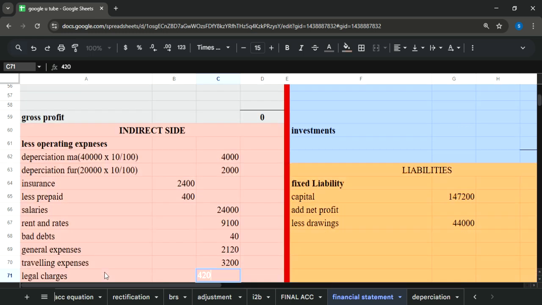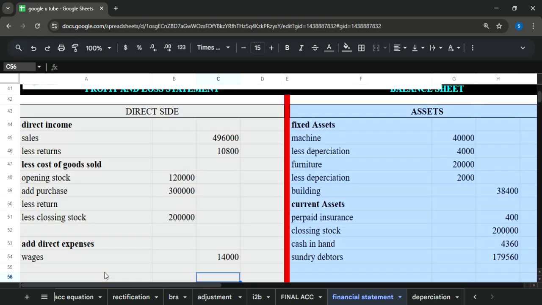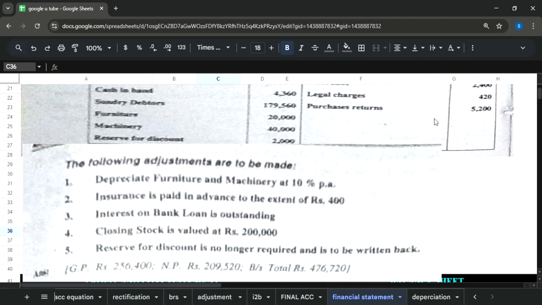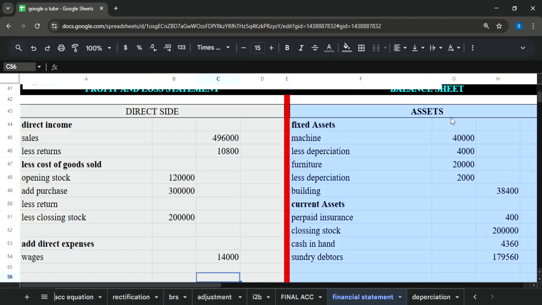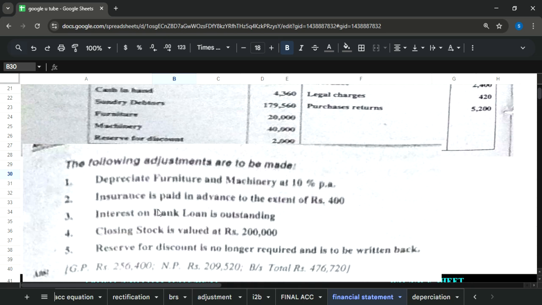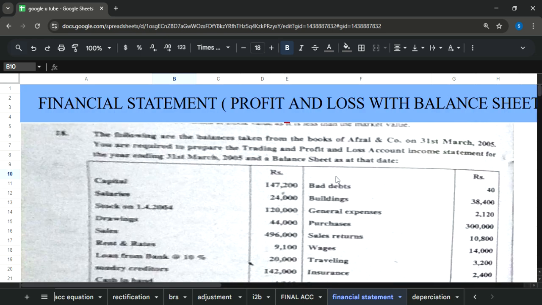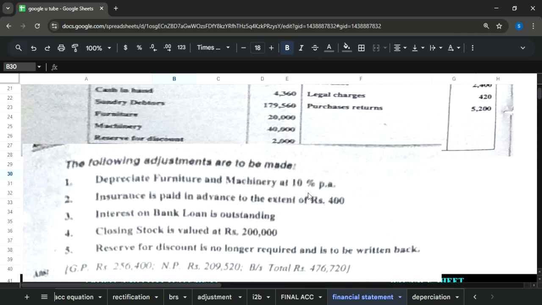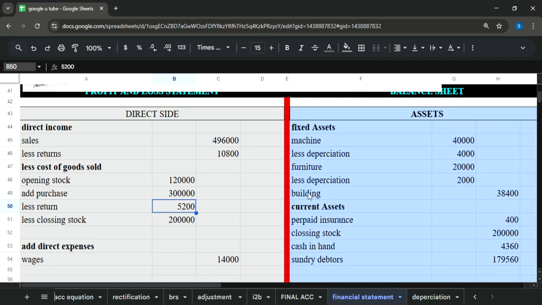Write down over here. So the last element now is purchase return 5200. Here you will write 5200, which was already mentioned. So guys, in this way, these adjustments and all elements present in your question are entered, and we are now open to